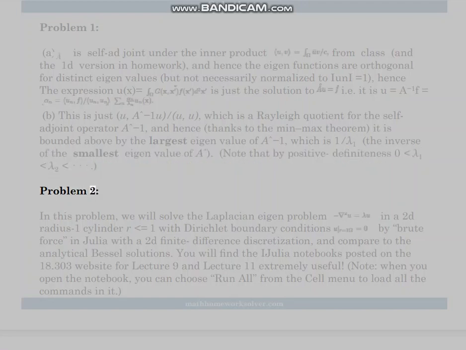Problem 2. In this problem, we will solve the Laplacian eigenproblem in a 2D radius 1 cylinder, r equals 1, with Dirichlet boundary conditions by brute force in Julia with a 2D finite difference discretization, and compare to the analytical Bessel solutions. You will find the IJulia notebooks posted on the 18.303